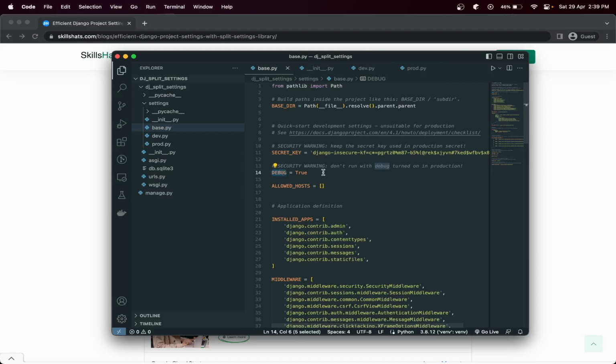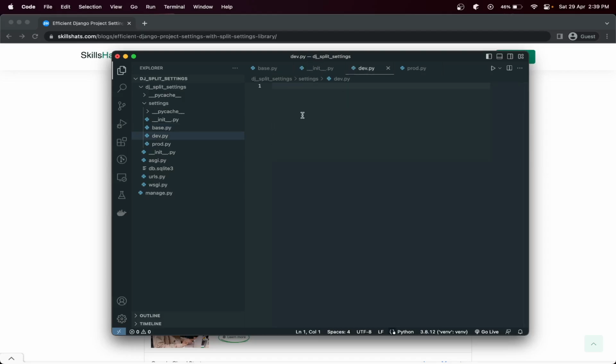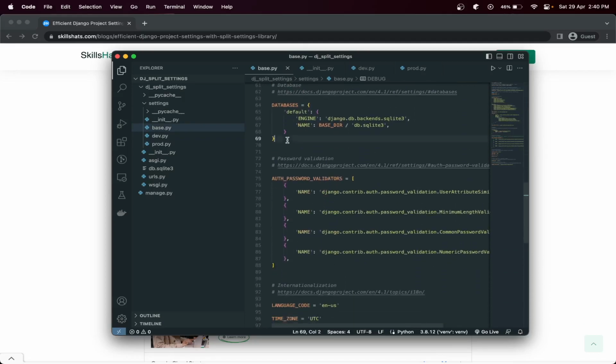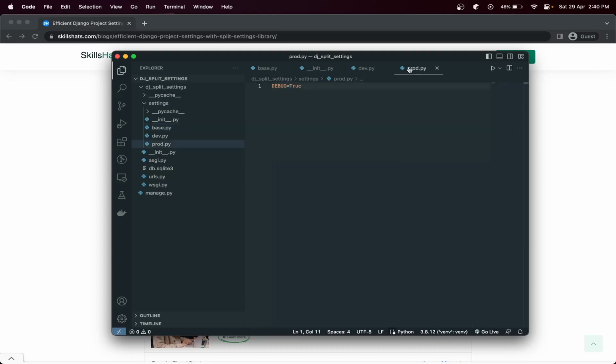Currently debug mode is on, so we can set debug mode true in our dev.py file, and debug mode false in our prod settings, right? In the same way, we can also change our database in the prod, right? In prod we can use a more production-relevant database like MySQL or Postgres,